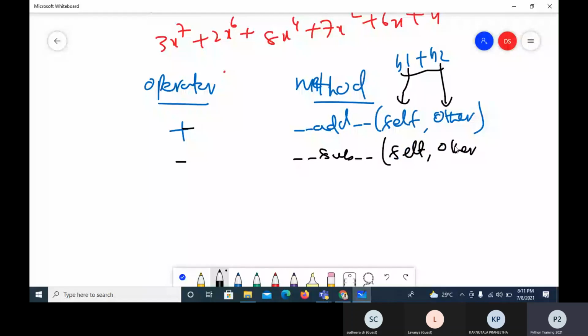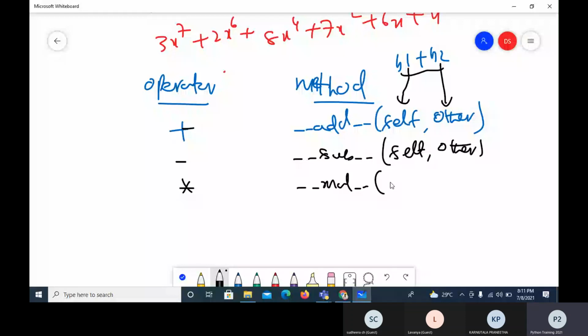Similarly, for every operator there is a method name. So for multiplication, I have to say underscore underscore mult. Is it mult? I think MUL. Okay, MUL we have to use. Again, this is self and other. So like that, there is a list. I'll give this. Then for division, there are two types of divisions.